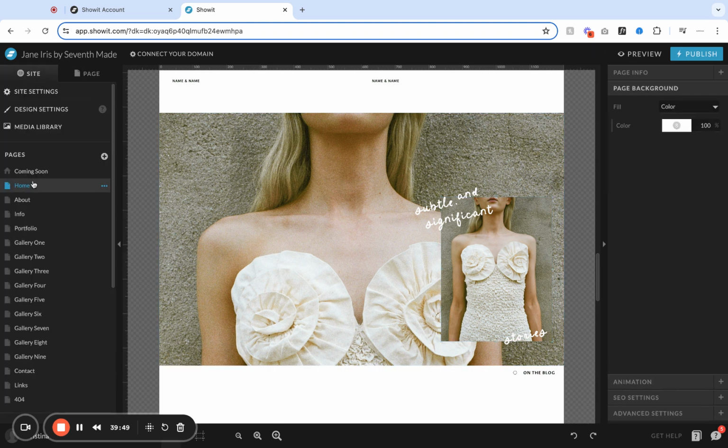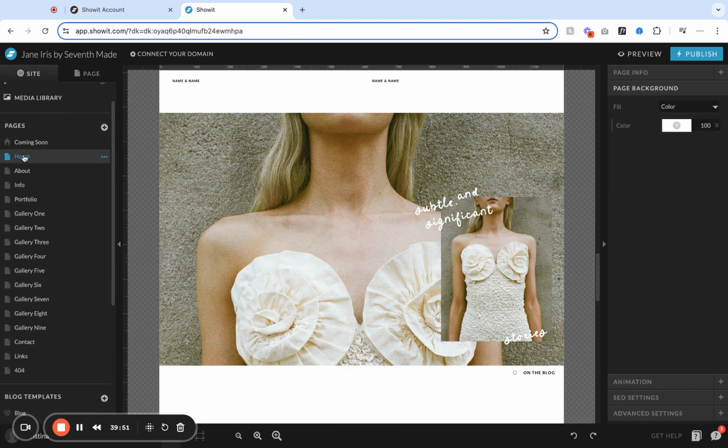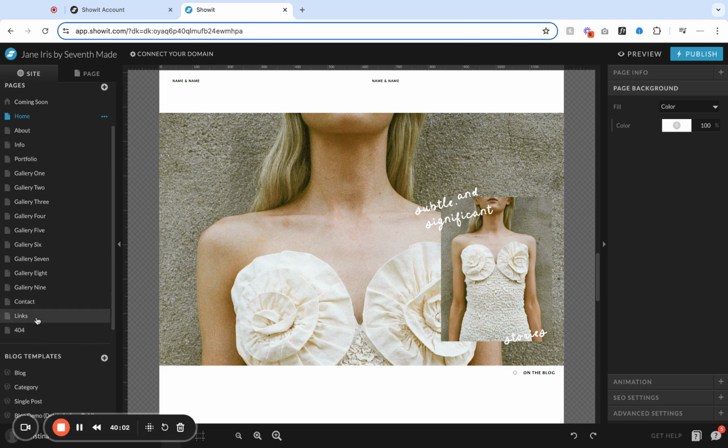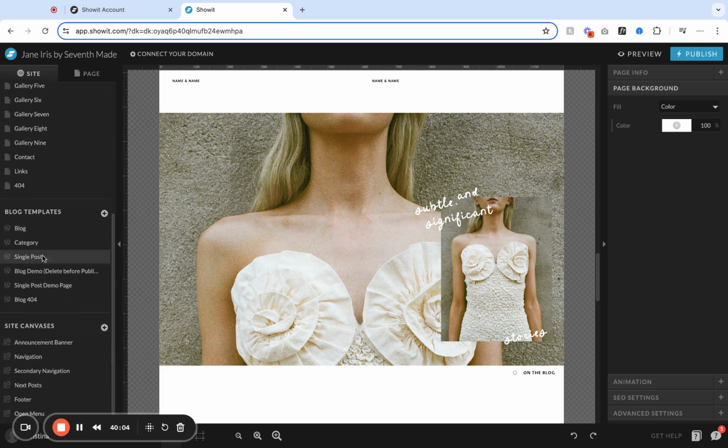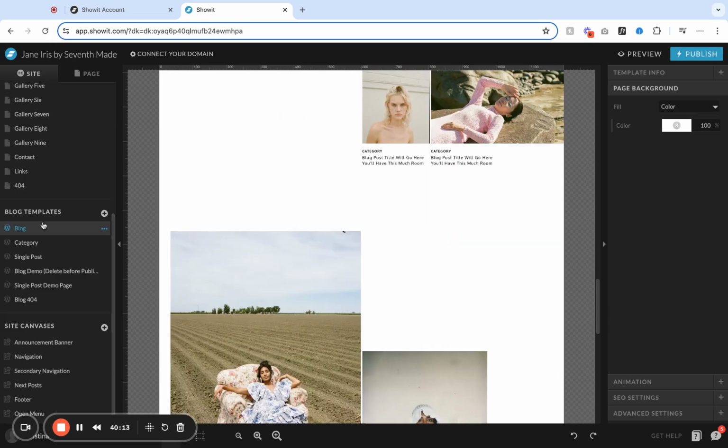So what will happen here if you're planning to update images, that will be on the About page, Info page, Portfolio. The galleries are all set up for you to come in here and edit as well. Contact page, links page, 404, any of the blog templates. We will have a separate video going through that, but if you're on a roll with updating images when you select your blog page,